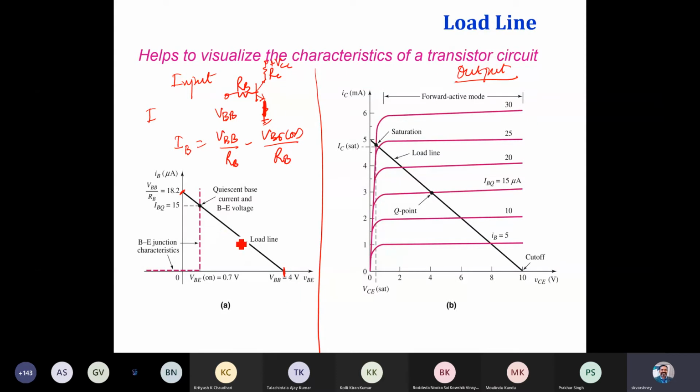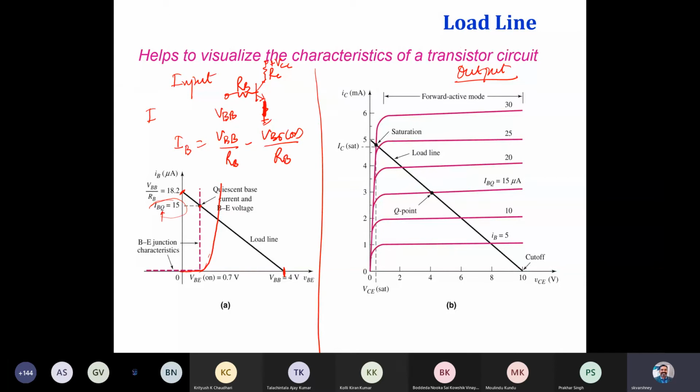So this key point is going to change. This is the line which intersects the characteristics, right? Here it is a simple PN junction characteristic, B junction, which is ideal. This is not ideal, but a simplified model. The actual one is going to be something like this, but let's consider the simplified model. The intersection point we call the quiescent point, like a still kind of condition, with no variation. It looks like a DC condition. The current corresponding to the Q point we represent with IBQ, where Q means the quiescent point.